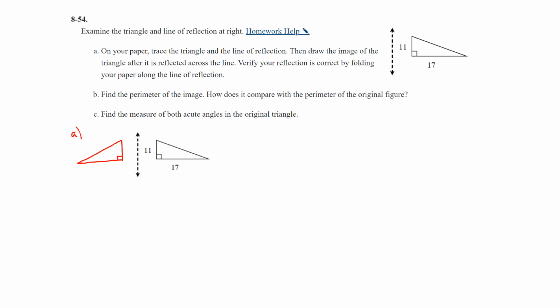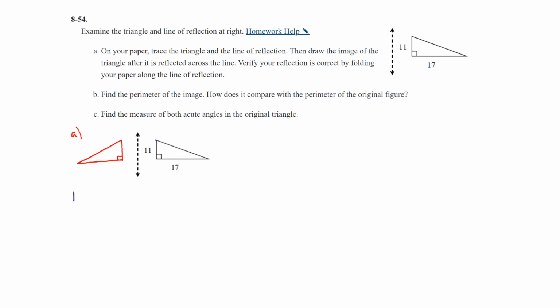So that part A is a little bit challenging for me, but I went ahead and showed you below how I reflected it over. Remember the distance between the line of reflection and the vertices here for each of the triangles. That distance should be the same. Same thing here on the bottom, and also from that vertex all the way over as well. So, and then when you fold it, you should be able to see that it is on top of the